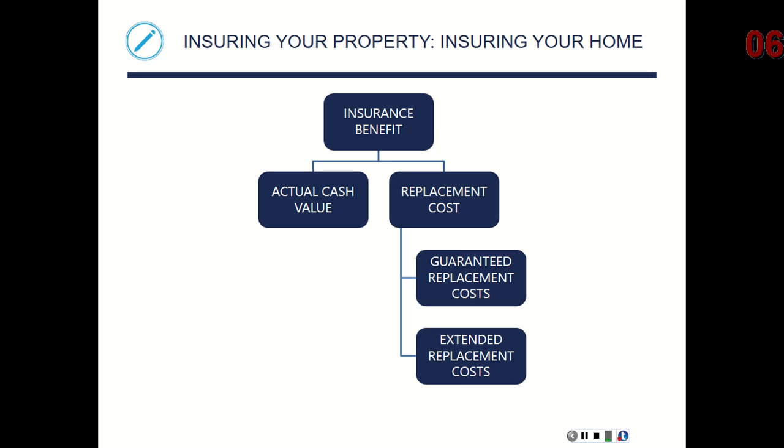Or you've got guaranteed replacement cost or extended replacement cost, if you can get what it costs to replace them currently. Guaranteed replacement cost would cover the full cost of replacing that asset. Extended replacement would be limited to a percentage of that actual cash value. They give us the example in the textbook, for instance, 125% of the cash value. So hopefully that extension would make up the difference between actual value and you getting a replacement.